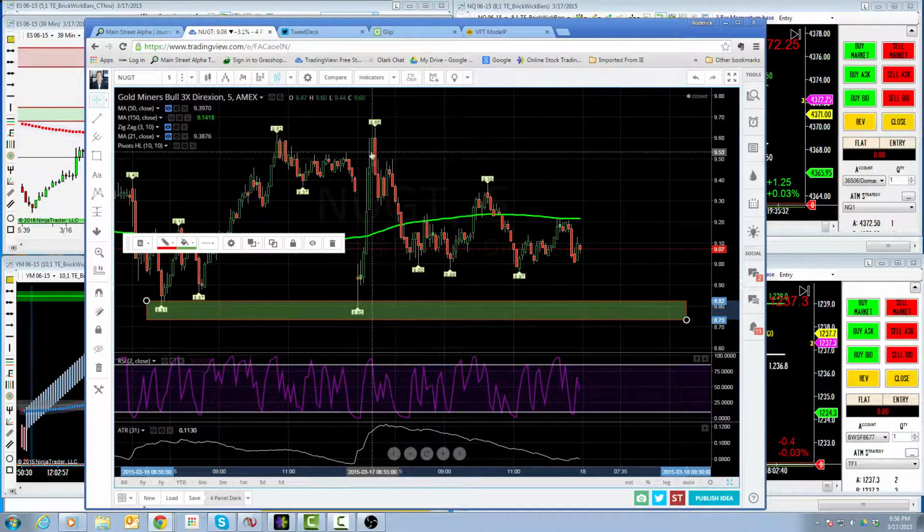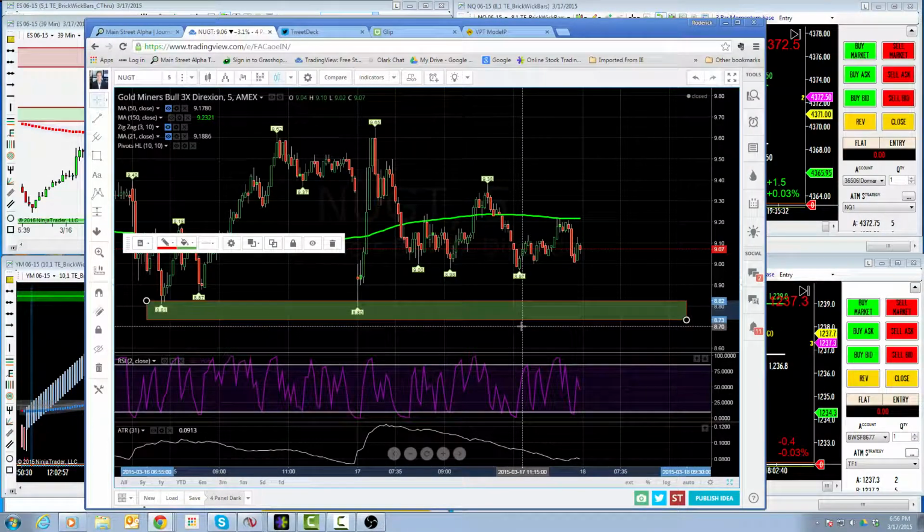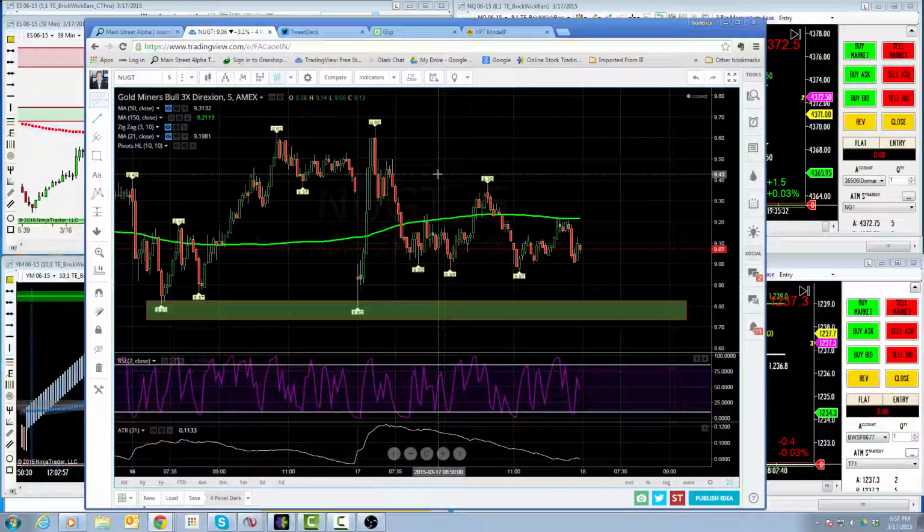This was just 1, 2, 3, 4 on a 5 minute. So that was, I think, about a 20-minute span where gold popped about $10, $15 in the futures, and this is actually not the accurate print. I think it printed almost 10.10 there in Nugget. So we'll be watching that 880 again, do an adverse excursion, add down at 850, and we got in today at about, I think, $9, somewhere in there.